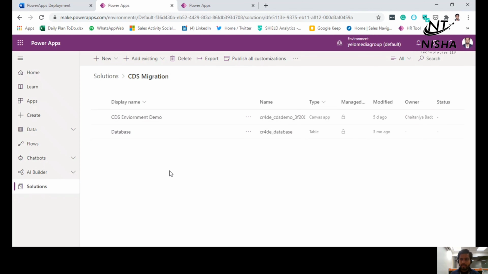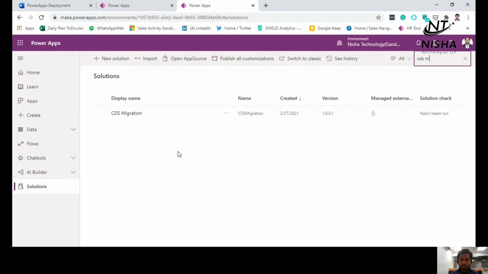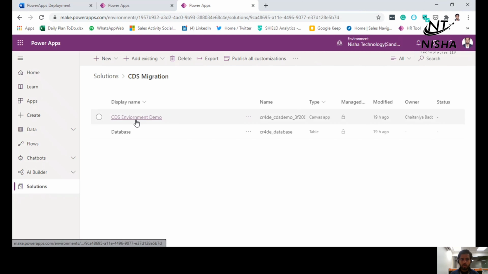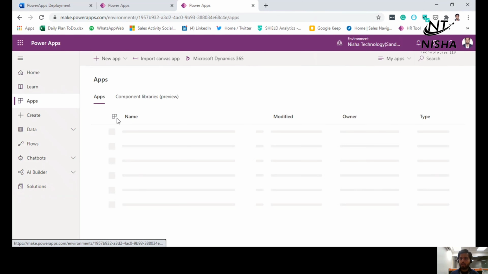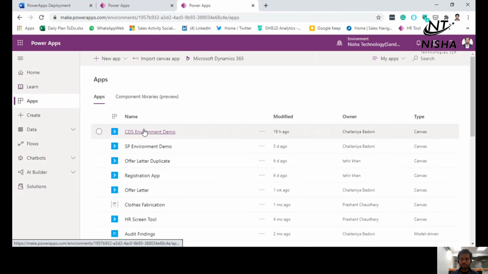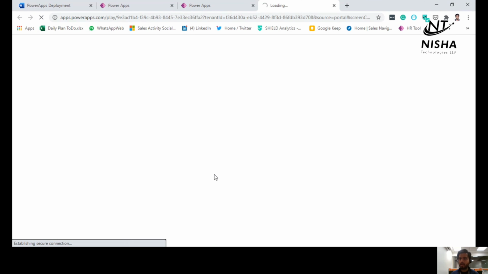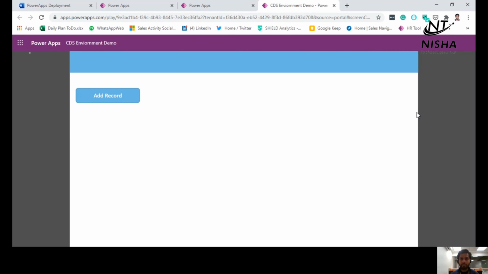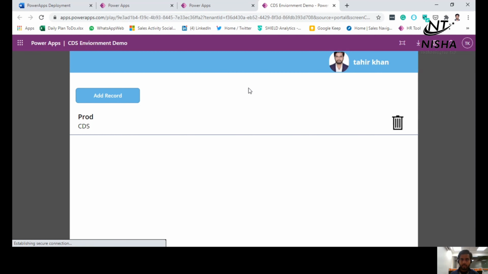So now in this case, it is different. We are moving the app and the table together. So when you are done with your deployment, you will see both the things in your target solution. So you don't have to do any manual configurations on your target environment. You can see your user, or you can directly run the app, open it, and it will automatically pick up all the database connections on the target site, guys.